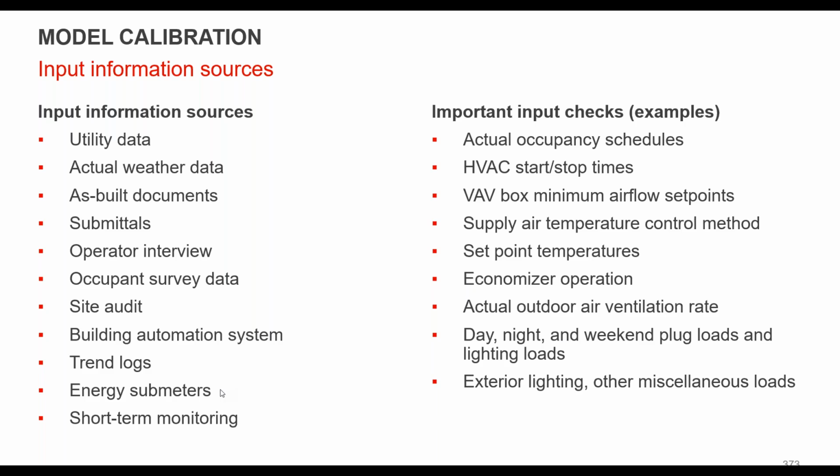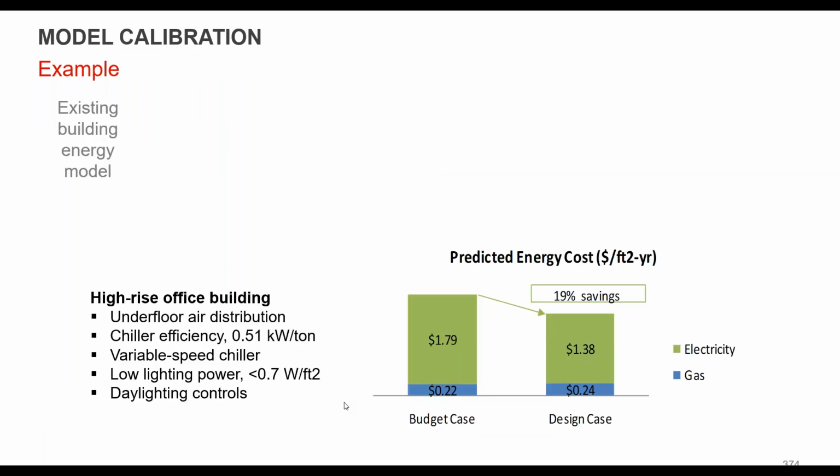So if you have sub-meter data, for example, that's pulling lighting and plug loads from a specific tenant, it's a great source of data to create real schedules that mimic the exact operation of what's going on in the building. And then you might have a lot of other miscellaneous stuff that you don't know about, right? There's a big sign outside, and there's escalators and elevators and other things. So you might be, again, finding good data points to fill in the gaps where you don't have that data.